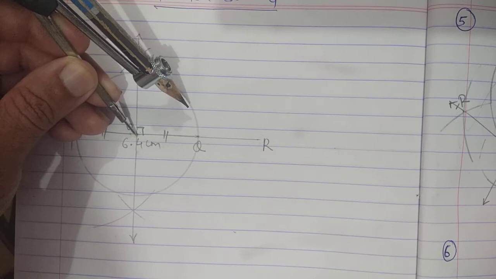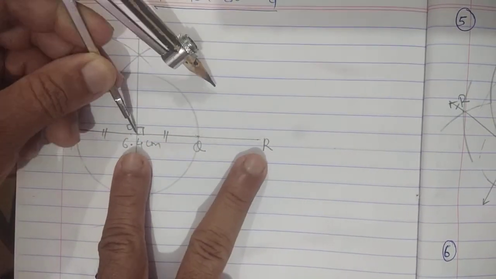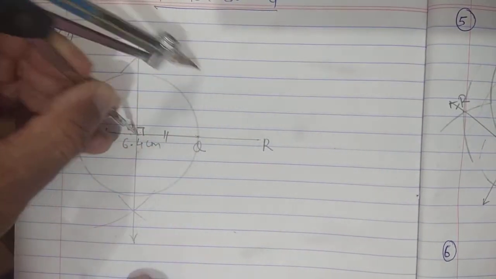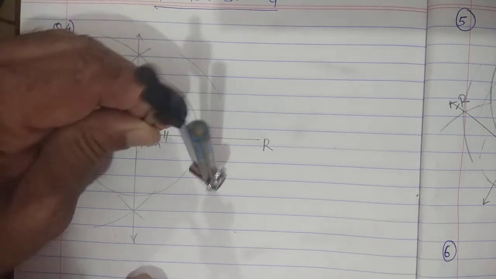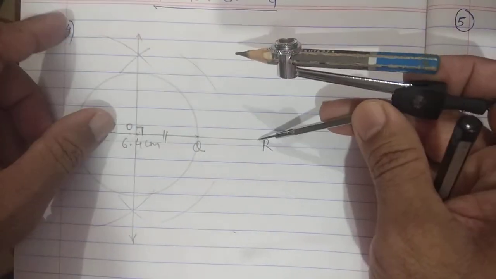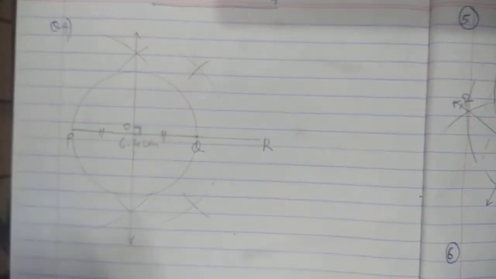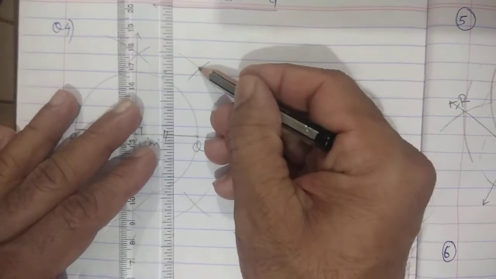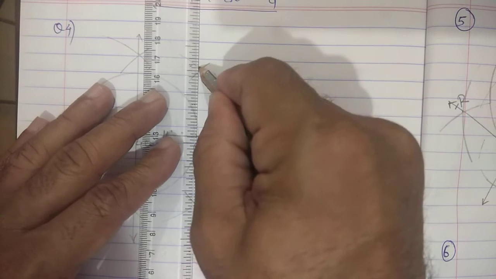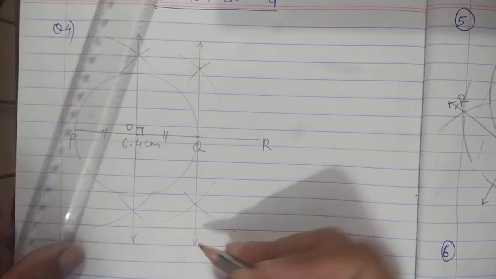So now, for drawing the second circle, again draw the perpendicular bisector. This is your segment OR, right? Half of this is OQ, but you always take more than that to draw the perpendicular bisector. So take any distance, keep the compass on point O, and draw this arc. Now with the same compass setting, keep it on point R and draw another intersecting arc. Now join these two points of intersection and see that it is passing through point Q. Otherwise, if it is not passing, it means your construction is wrong.